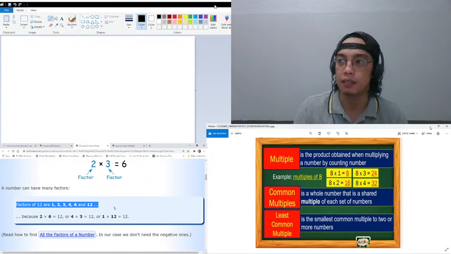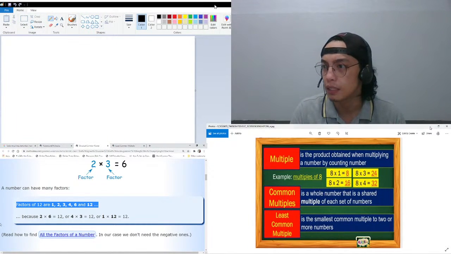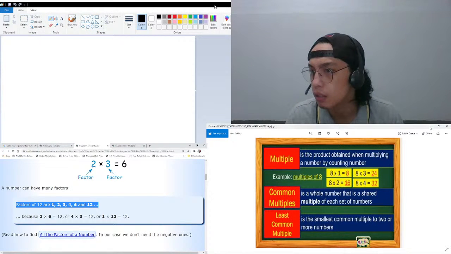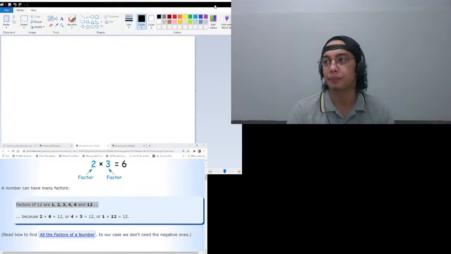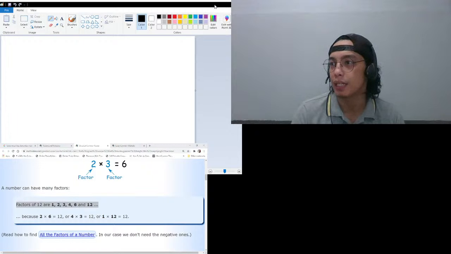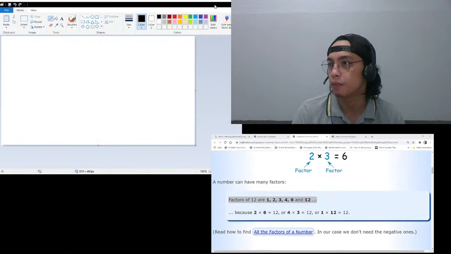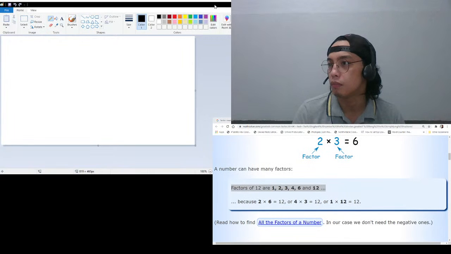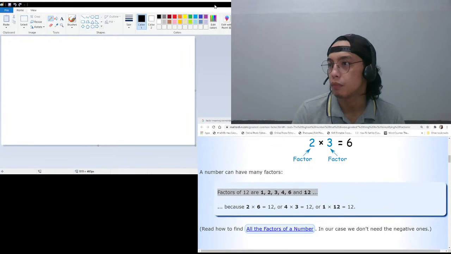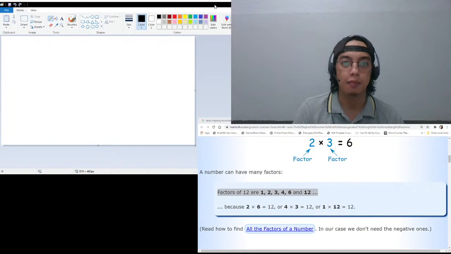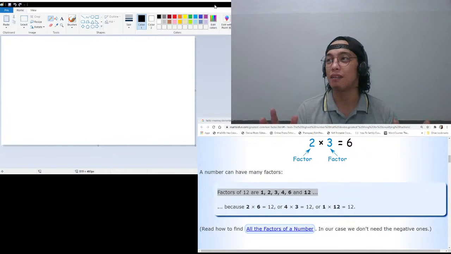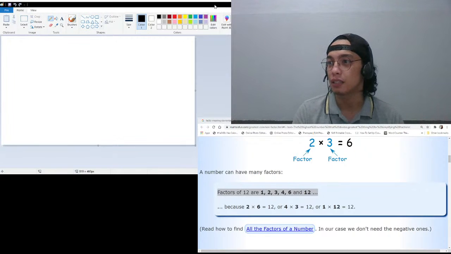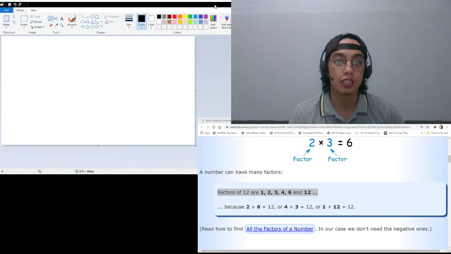Please look at the other documents sa ilalim. Let's try to pause this one for a second. Okay. So kana. Ayan. Natay 1, 2, 3, 4, 6, and 12. Asa man gikan? Factors sa unsa ni? Factors sa 12. Because